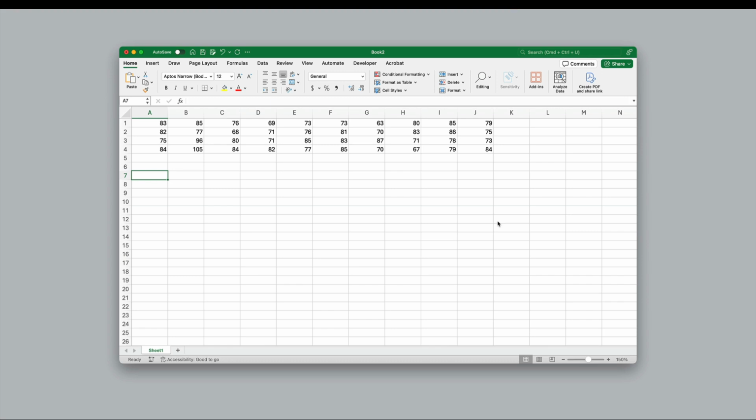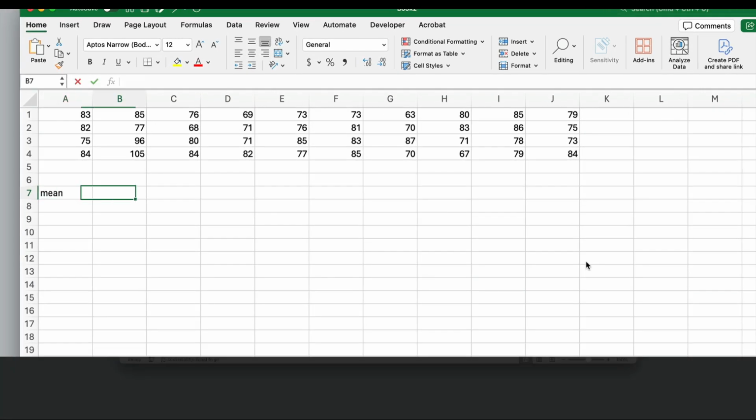So in this video here, we're going to do a quick calculation to calculate the mean. To calculate the mean in Excel, you use the keyword or the function name called average. To do this calculation in Excel, you type in equals